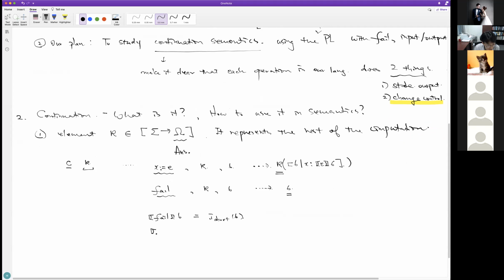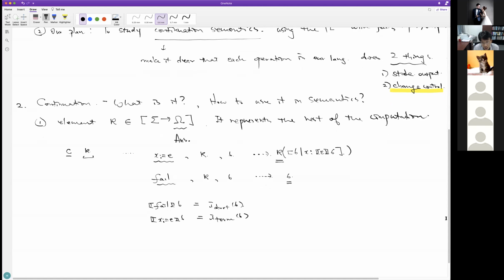And if we have an assignment, we said this is just a normally terminating state. So we marked the state with a tag which says whether it's aborting or terminating.